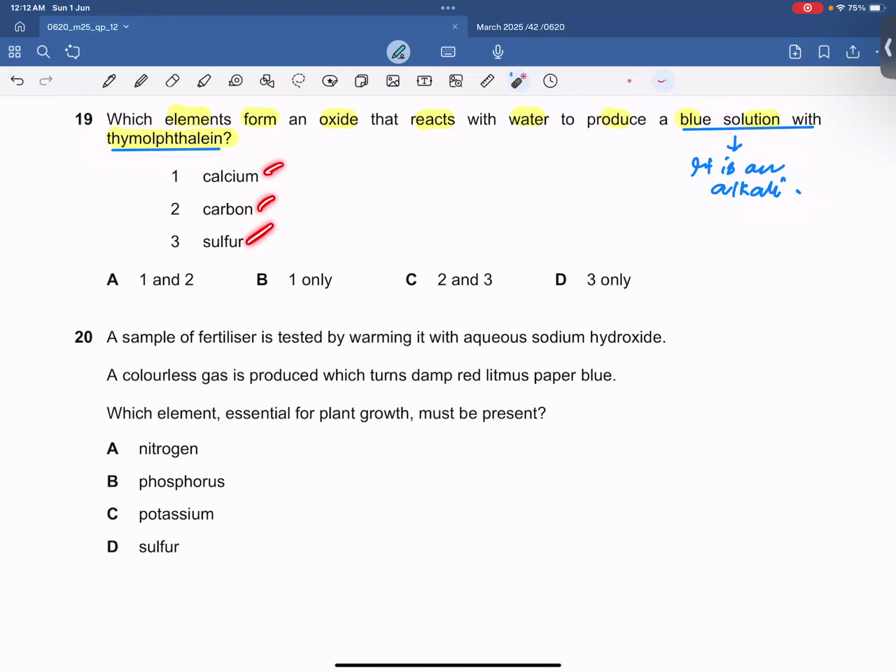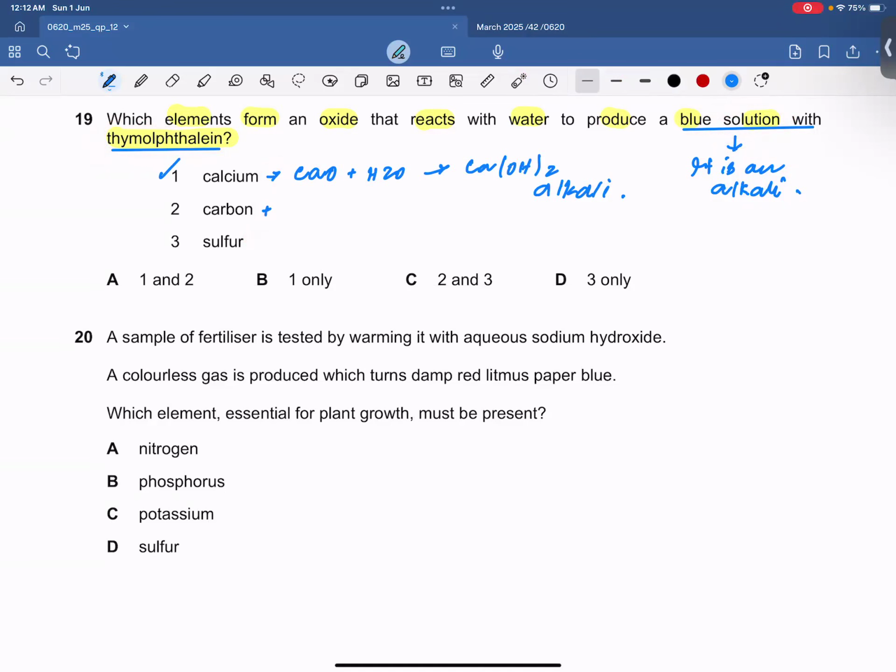So which element gives an alkaline oxide? Calcium forms calcium oxide, and when you place it in water, it turns to calcium hydroxide,